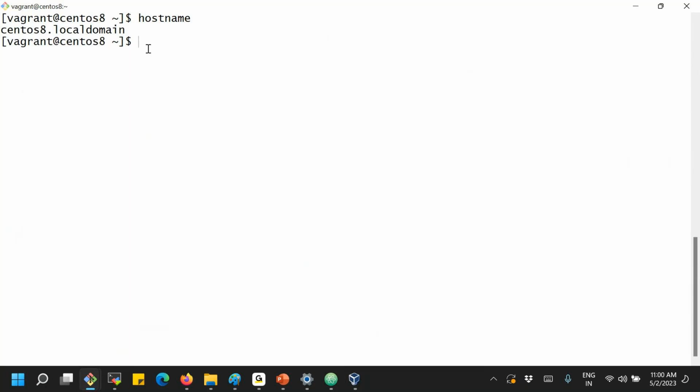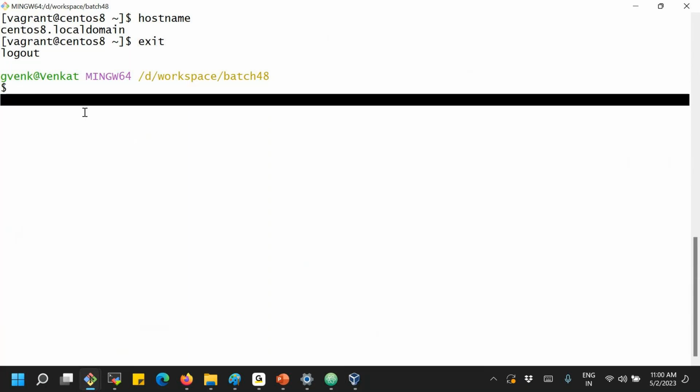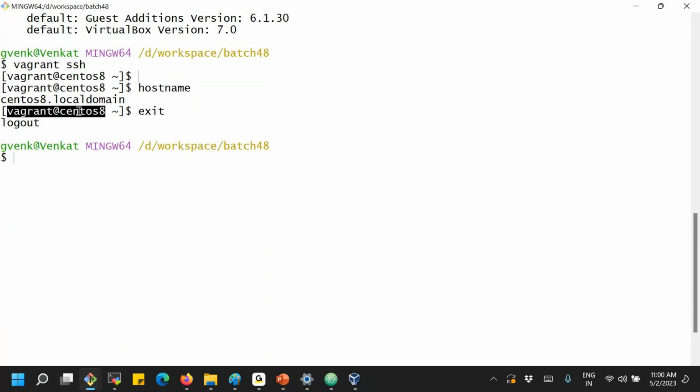Okay, so now I'm in that Linux terminal. How do I exit from this terminal? You can use the exit option. Now am I in the Windows system or in my Linux system? This command prompt is Windows, but before I was in the CentOS Linux system. So I exited from the system. Does exited mean my system is shut down? Is the Linux system shut down or still up and running? What has happened there?